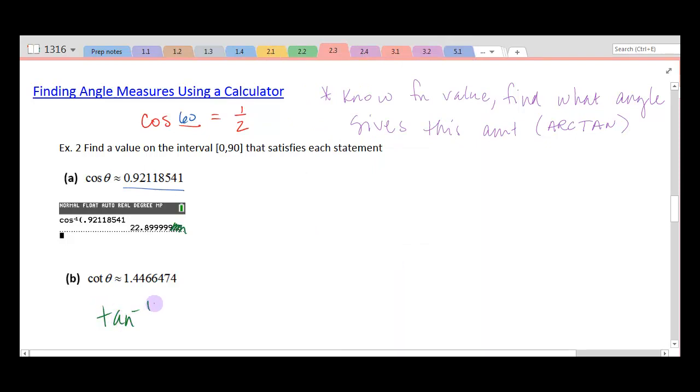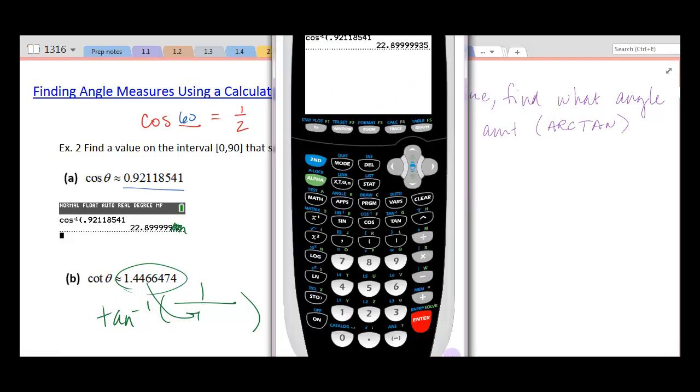We can take the inverse tangent of something on my calculator, but how do I represent the reciprocal portion? That comes in as 1 over, and then we put this value in the denominator. So we use the reciprocal concept as well as the inverse concept to get an answer. This is going to be second inverse tangent of 1 divided by